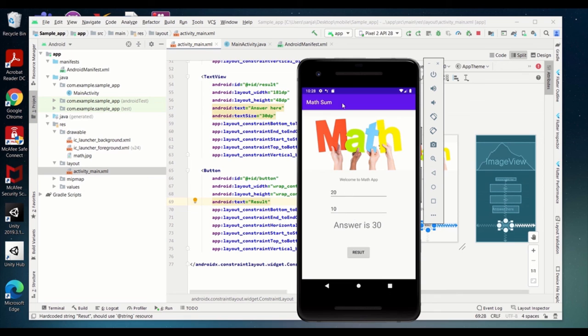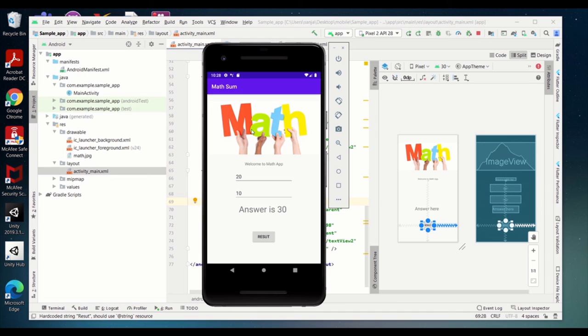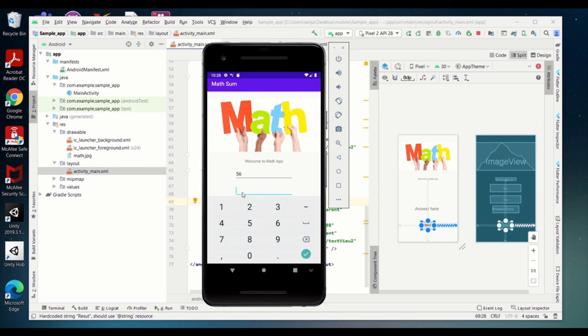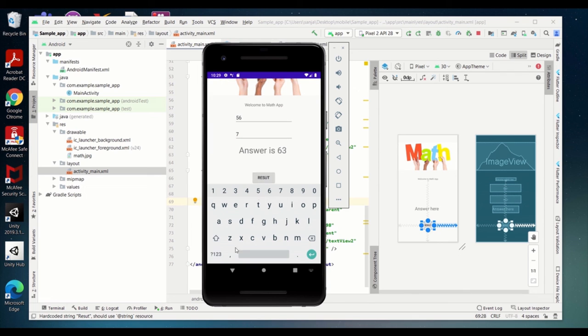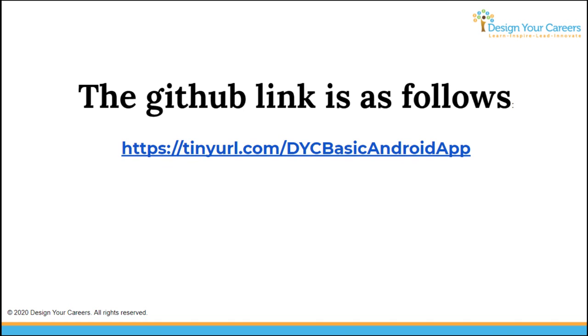As you can see, we have successfully finished creating a simple Android app which calculates the sum of two numbers. Now let's try multiple things, maybe like 6. Result. So you have